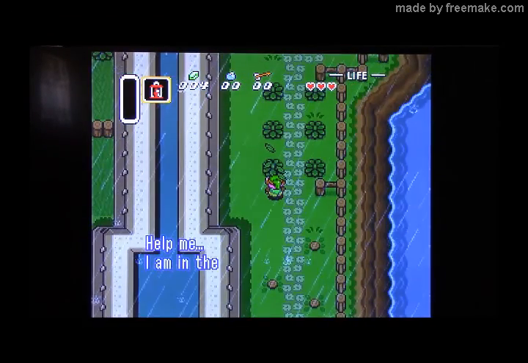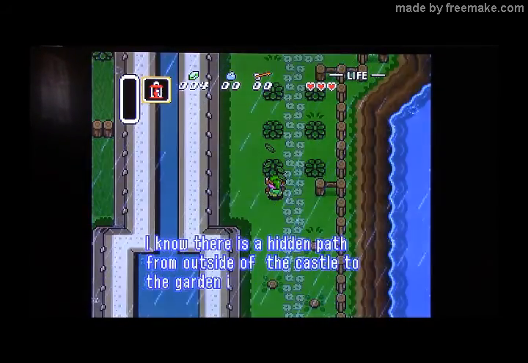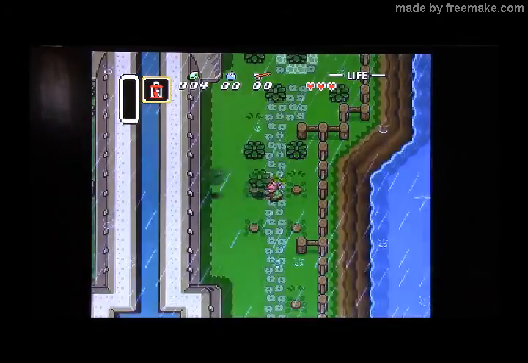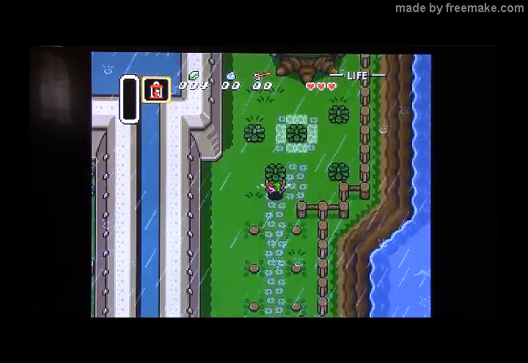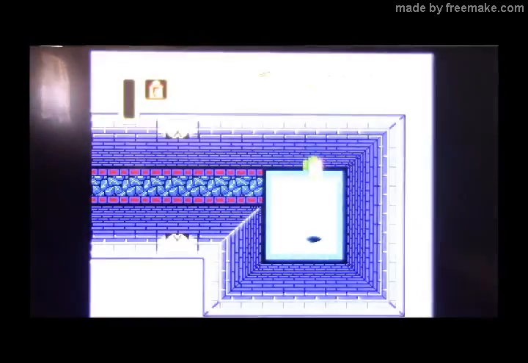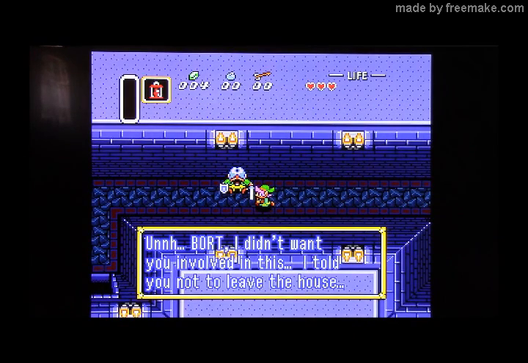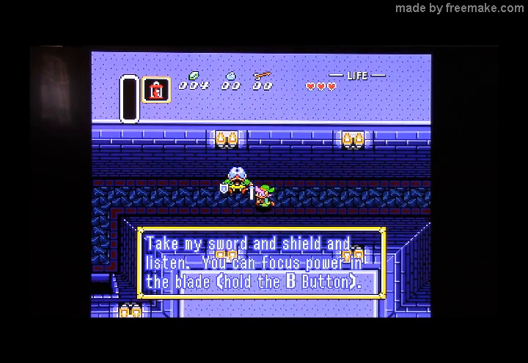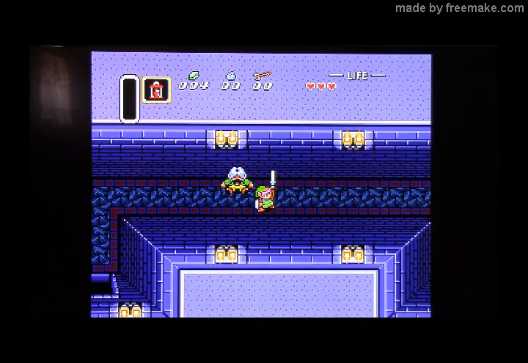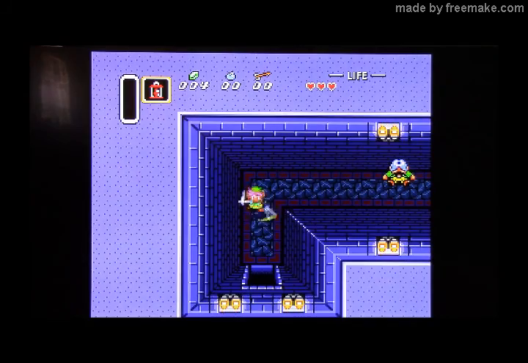So basically, it's a little bit like Ocarina of Time in this instance, where there is a very obvious hole just here. And we fall down to the basement floor below, and here's our dad, or uncle, I can't remember. Zelda is your destiny? I don't know what he was trying to say there, but we have the sword and